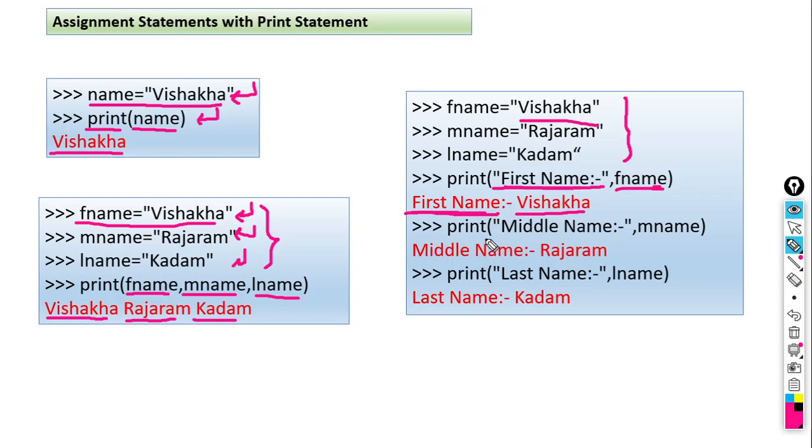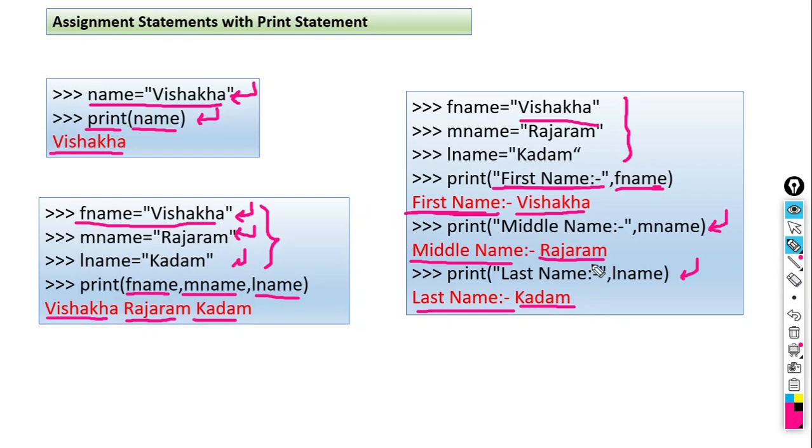Then another print statement is there, print middle name equal to M name. So when we press the enter key, how will it print the output? Middle name colon dash Rajaram. And the third statement, print last name. So again it will print last name colon dash Kadam.